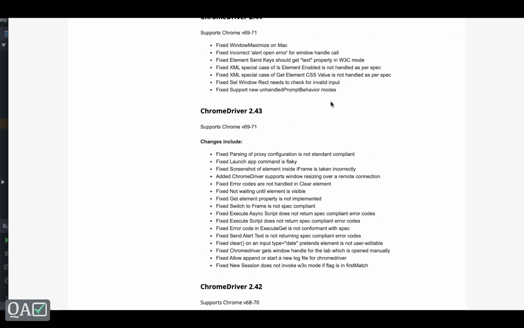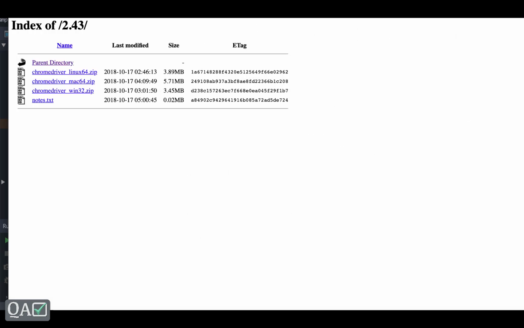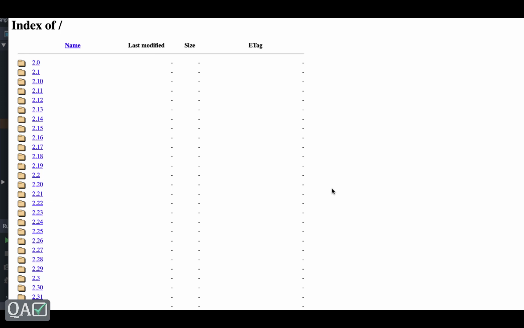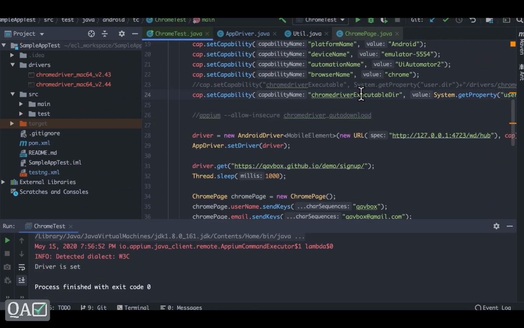Once you get it, you can download from this particular repo. So that is one thing you can do, or else you can download automatically by using this Chromedriver executable dir. So there are two different ways you can do it.